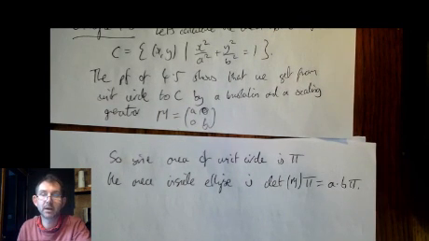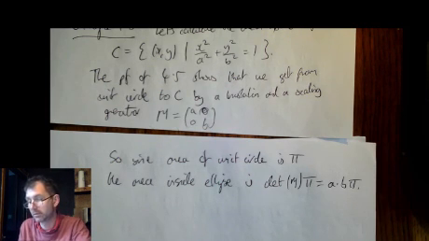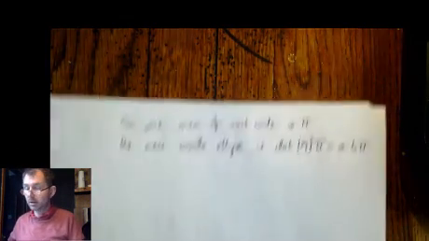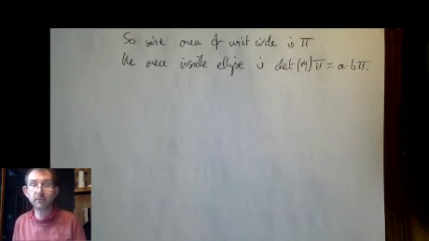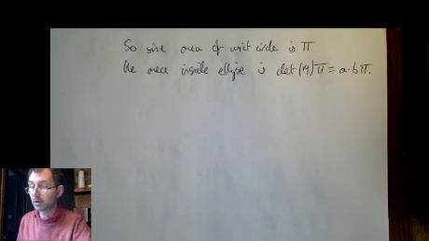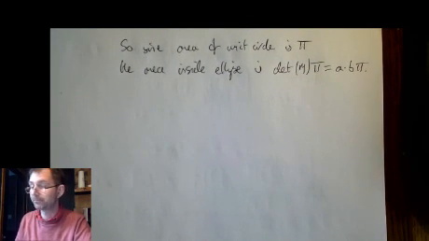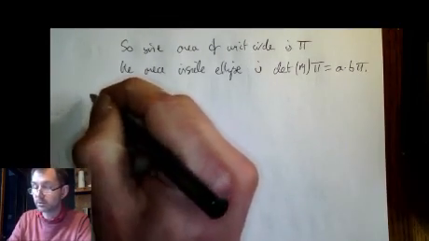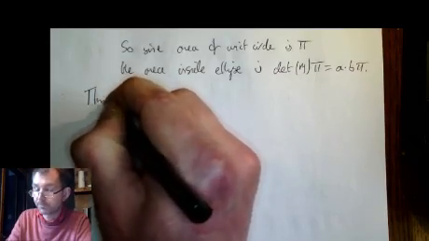Now it's fairly easy to see that the only conic sections that have finite area are going to be the ones which are ellipses, because the area inside a hyperbola, or inside a parabola, is obviously going to be infinite. So that proves one part of theorem 4.9, which I'll state, which is just going to say that you can't move between different types of conic sections with affine transformations. So theorem 4.9,